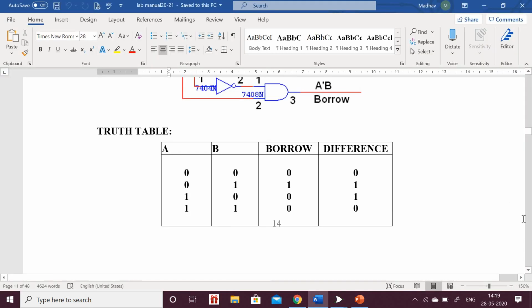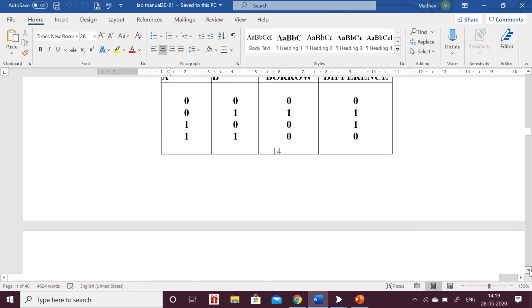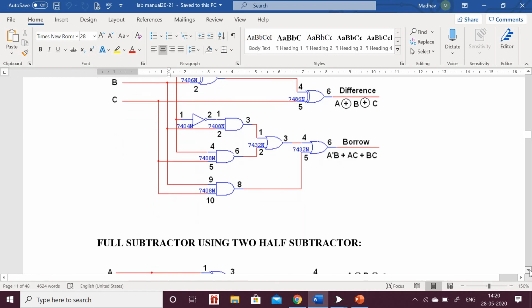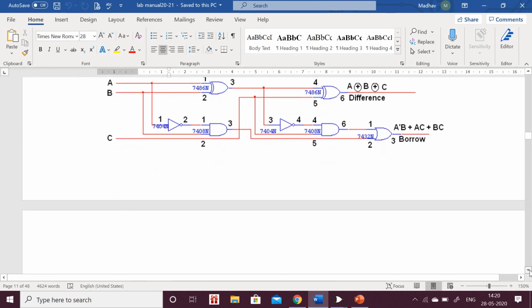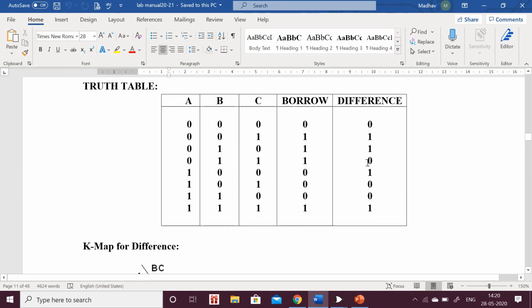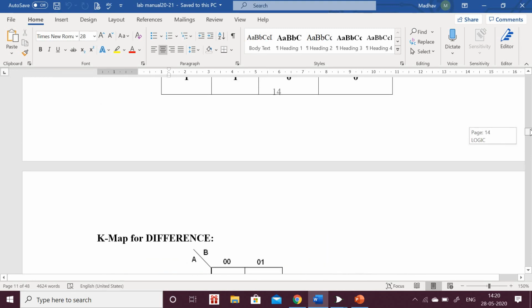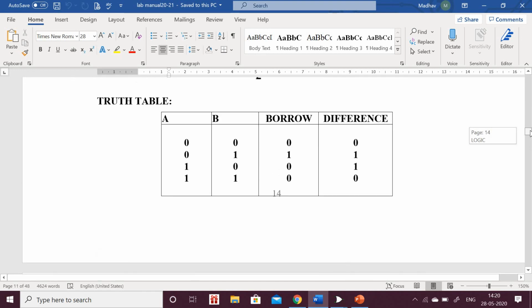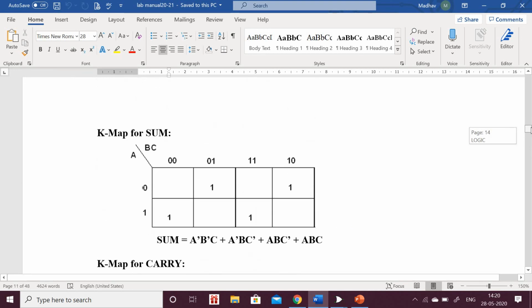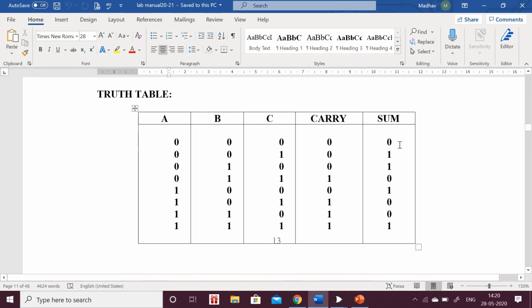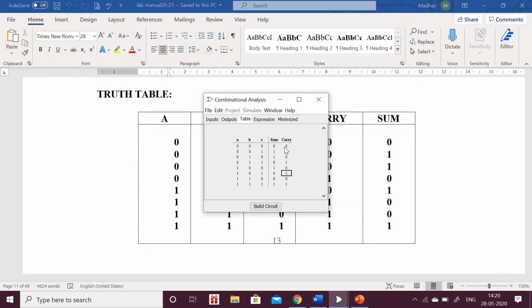Now look at the table. The table that I have for the full adder, the same table is taken here. Yeah, this is the table for the full adder. Sum is 0 1 1 0 1 0 0 1.